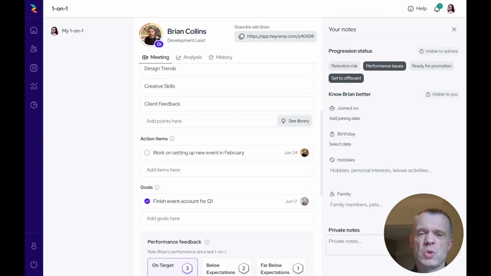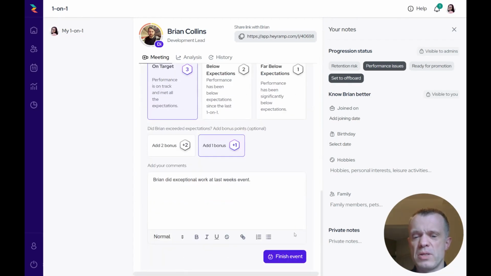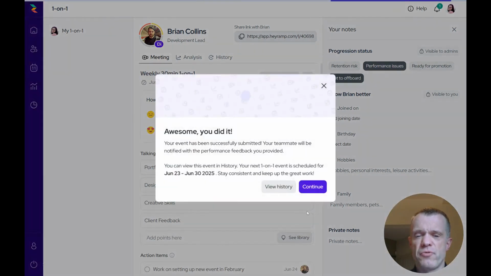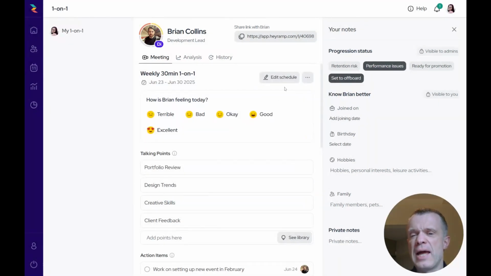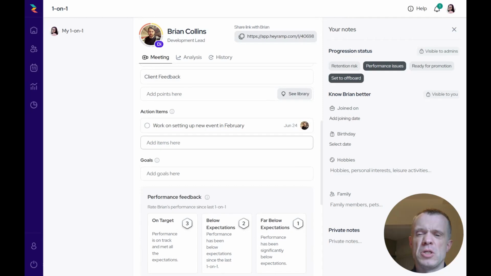And lastly, you have a private notes field down here where you can add in private notes that you want to remember. So that could be things like next week or next month or whatever, follow up on this particular challenge. So let's say you've given the employees some feedback and you want to make sure to remind yourself to follow up on it. You can do that in the private notes. And overall, this is fundamentally the overview of the one-to-ones. As I said, when you're done, you click finish. And as soon as you finish the one-to-one and say continue, the next one-to-one the following week will be available, again with the standard talking points and the action items and the goals that were not ticked off to be